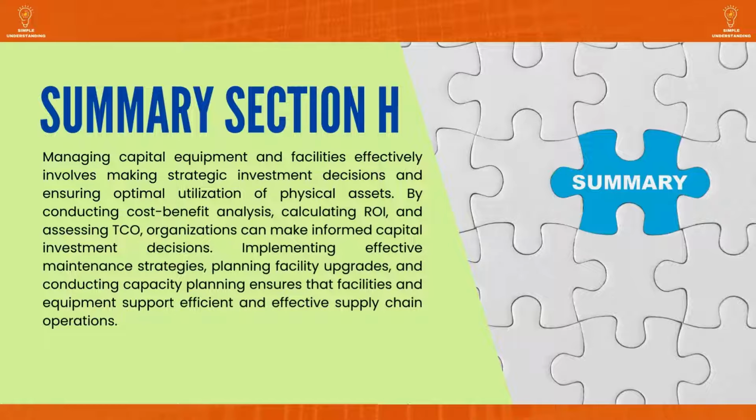Conclusion: managing capital equipment and facilities effectively involves making strategic investment decisions and ensuring optimal utilization of physical assets. By conducting cost-benefit analysis, calculating ROI, and assessing TCO, organizations can make informed capital investment decisions. Implementing effective maintenance strategies, planning facility upgrades, and conducting capacity planning ensures that facilities and equipment support efficient and effective